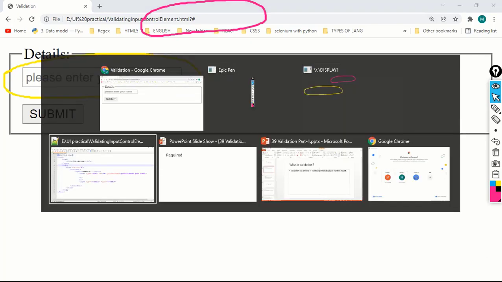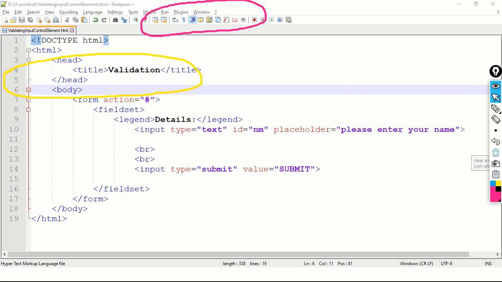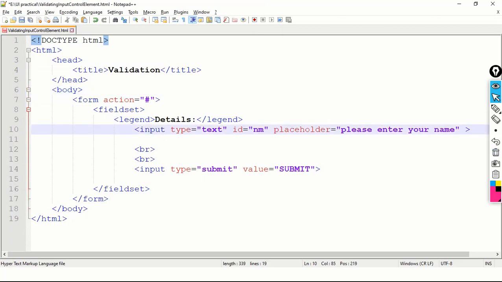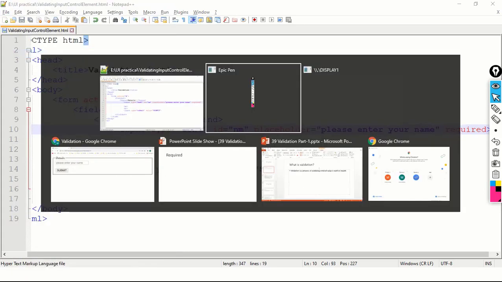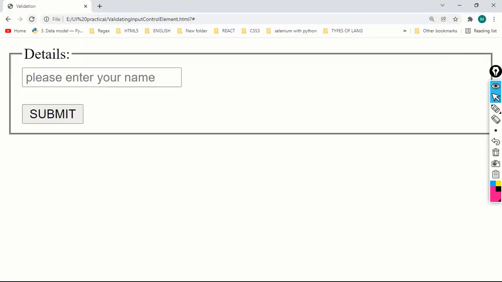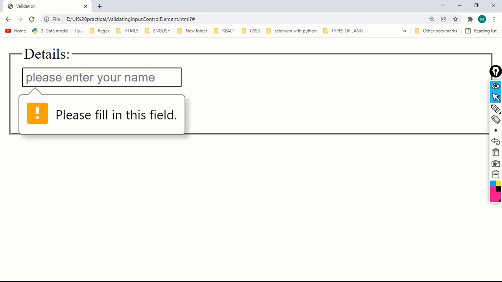To restrict this, I will have to make use of the required attribute. Save the code and refresh. Now I will not enter my name and directly click on the submit button. Let's observe carefully. What is happening? Please fill in this field.